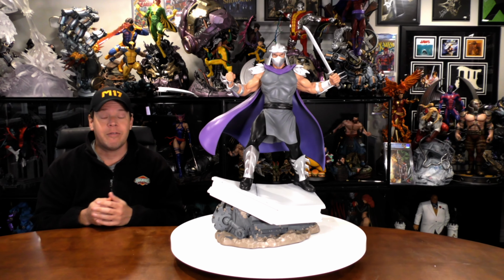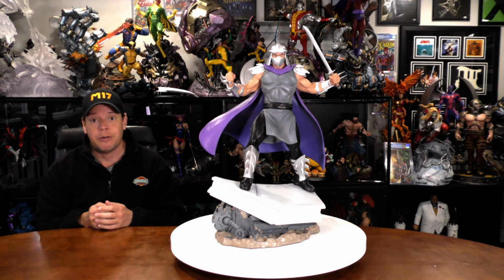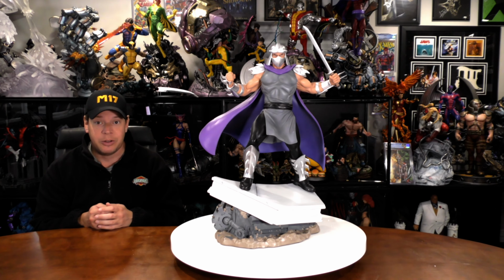One of the many things I love about statues is the nostalgia they offer. They truly bring your childhood to life. And that is especially true with this Shredder from PCS. So this is from the animated Turtle series from the 80s and 90s, which I grew up watching Saturday mornings and I absolutely loved. And while Turtles were founded in the comic books, that's where I first identified them from. And of course the comics after, and the 90s movie, which recently I watched, and let's be honest, it still